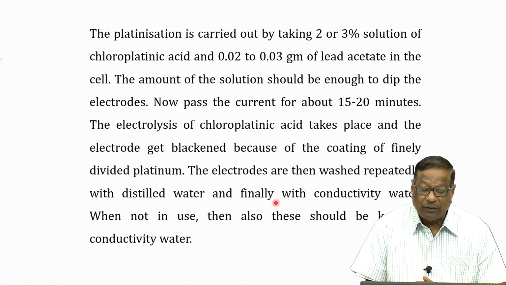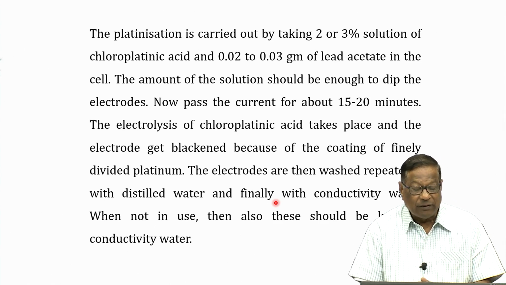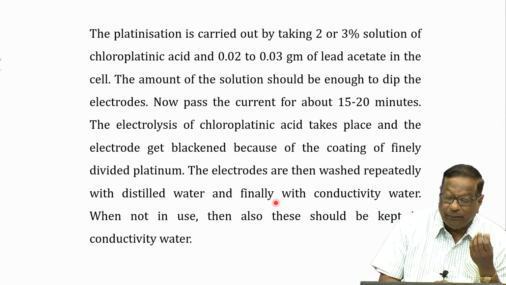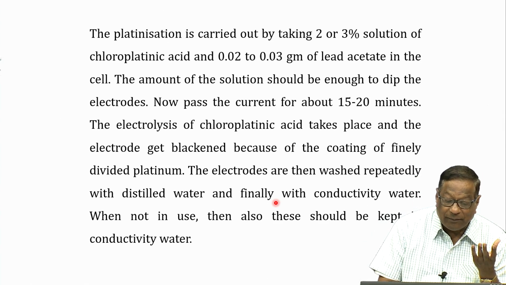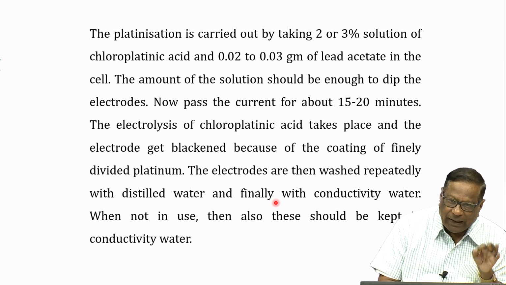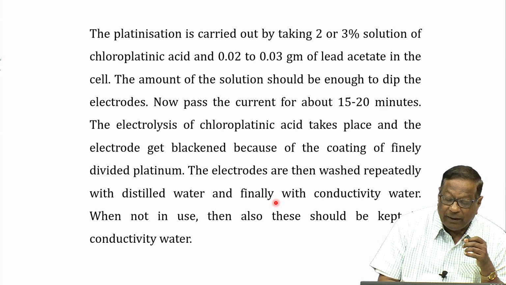The amount of the solution should be enough just to dip the electrodes. I take a solution of chloroplatinic acid and add a little bit of lead acetate into that, and